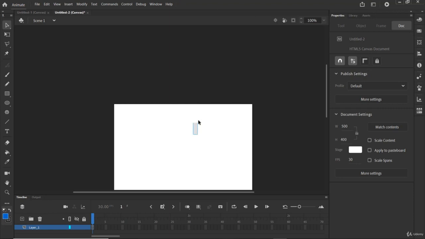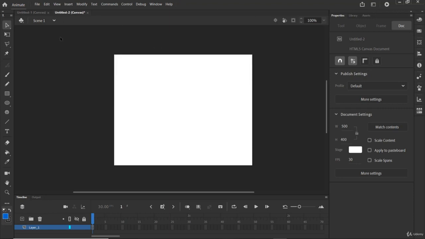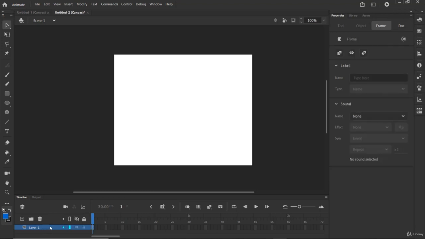So first of all, when you created a new document, as you can see, this is the workspace. This is where we have our document. This is where you see everything you are creating. Then this is the timeline, like in Illustrator, Photoshop, or other Adobe tools. You can see we have a timeline, and in the timeline we have layers. We'll talk about layers later, but I want to show you that we have this timeline and this workspace.